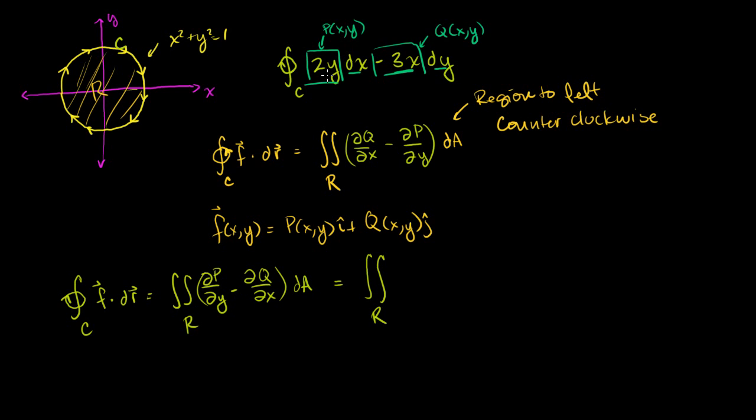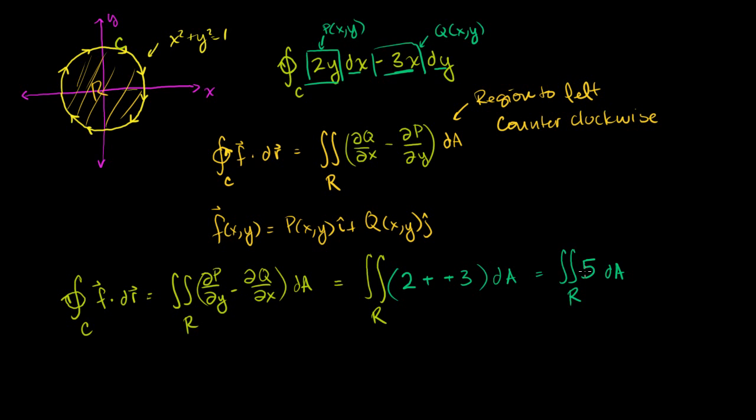So let's take the partial of P with respect to y. The derivative of 2y with respect to y is just 2. And then minus the partial of Q with respect to x. The derivative of minus 3x with respect to x is minus 3. So we get 2 minus minus 3, all of that dA. That's the same thing as 2 plus 3, so it's the integral over the region of 5